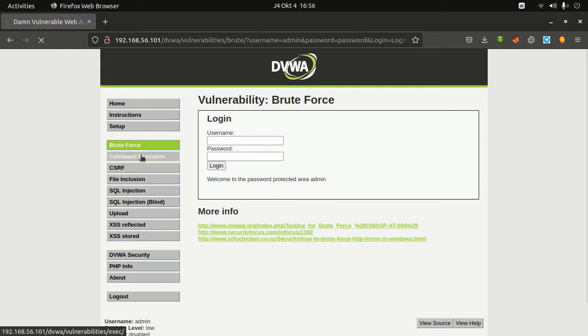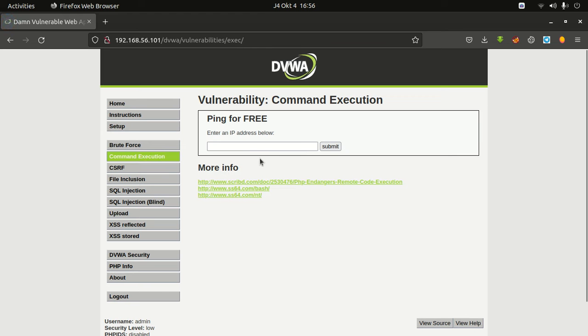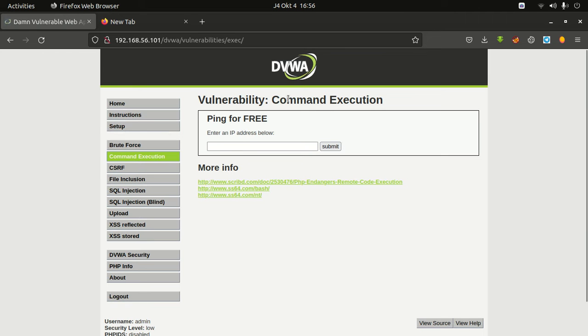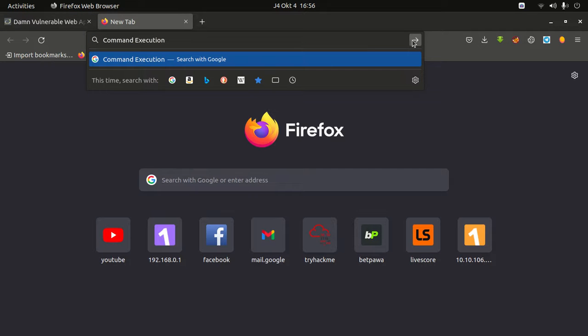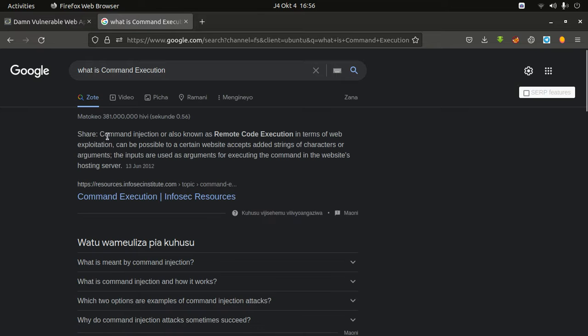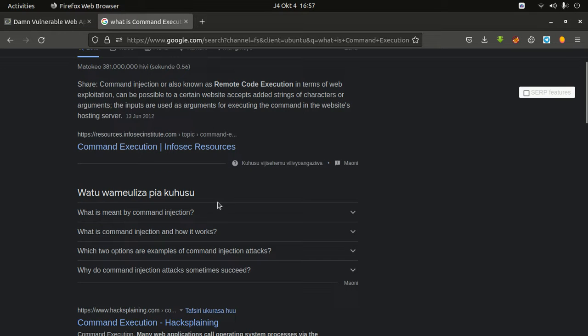So I'm going for the second challenge called command execution. So what is command execution? So I'm going to Google. Okay. So I'm searching what is command injection. So I'm going here and it says what is command injection. Command injection, also known as remote code execution, is a type of web exploitation. It can be possible if a certain website accepts added string or character arguments. The inputs are used as arguments for executing the command in the website hosting server. Okay, so